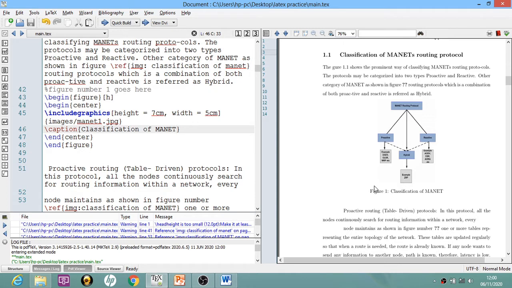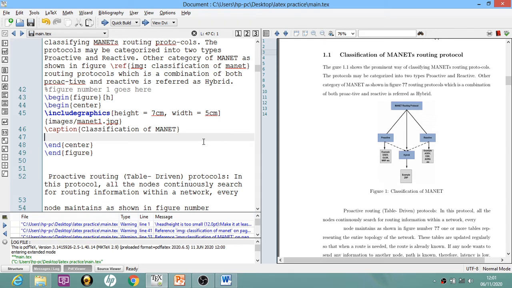You can observe that the figure number is provided by LaTeX only. So we just need to provide the name of that image. The figure number will be included by LaTeX. Now LaTeX provides us this feature of cross-referencing. So we can add a label which can be used for cross-referencing.